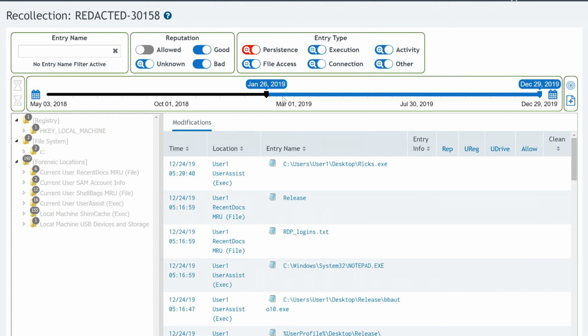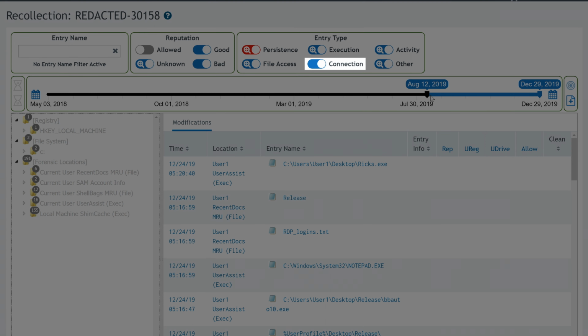As we move the slider, you'll notice the connections magnifying glass disappears, indicating there were no USB devices inserted during the time interval we've currently selected. This allows us to rule out infection via a USB device as the root cause of the ransomware on the